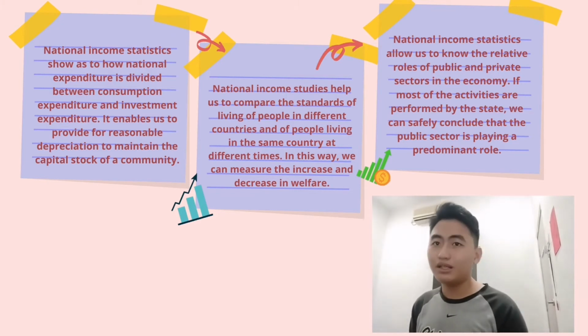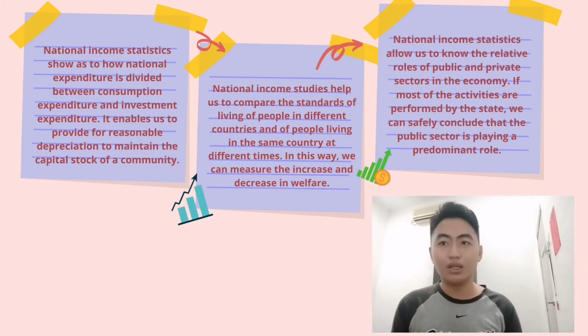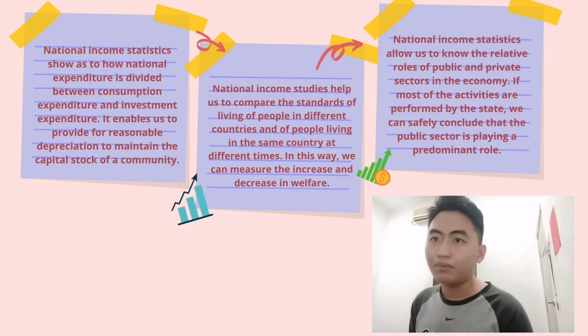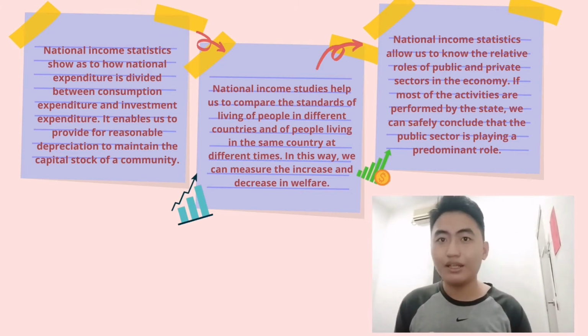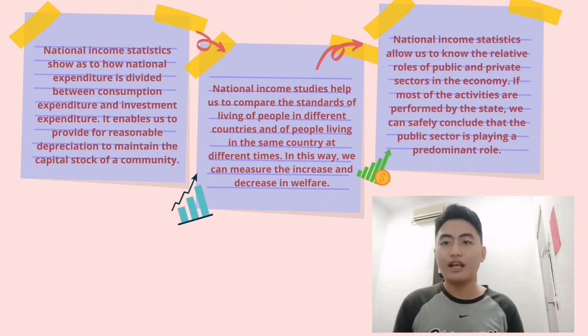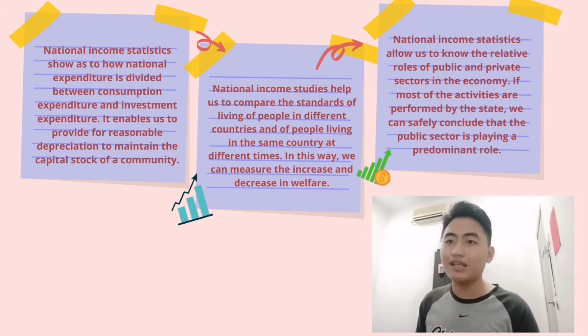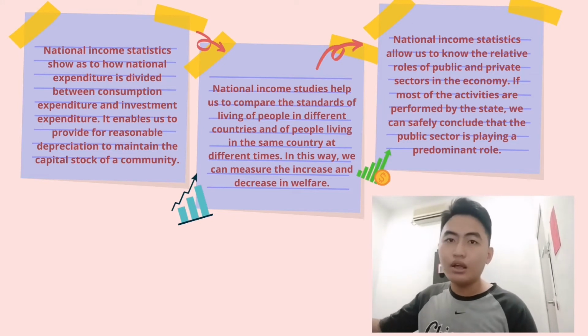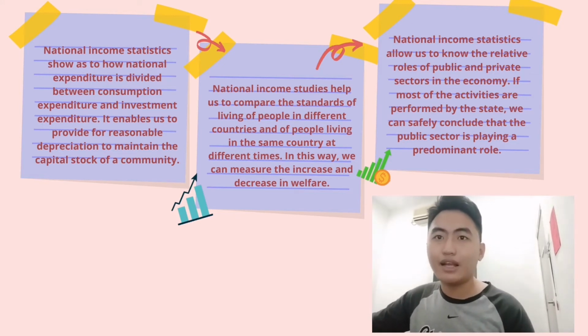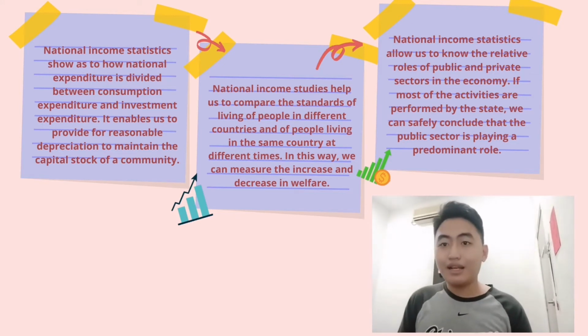So for example, the Malaysian government presented the budget 2021 where national expenditure was included during that time in the Dewan Rakyat. Before it is presented in the Dewan Rakyat, the government has to analyze the national income gained by the country, which is Malaysia, before dividing the expenditure, and also present the decision of the budget in the Dewan Rakyat. So the second thing is national income studies also help to compare the standard of living of people in different